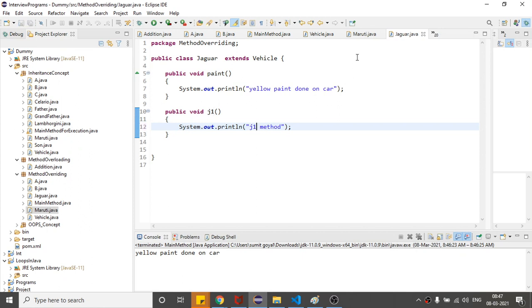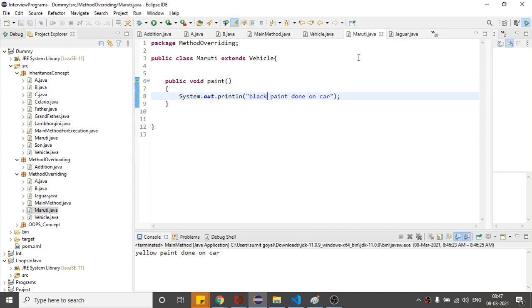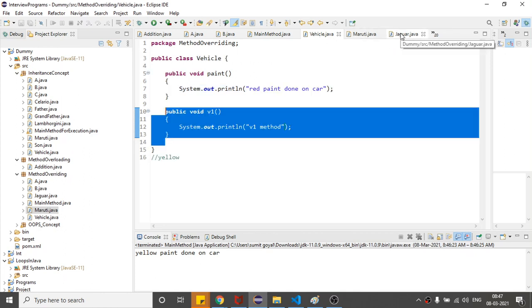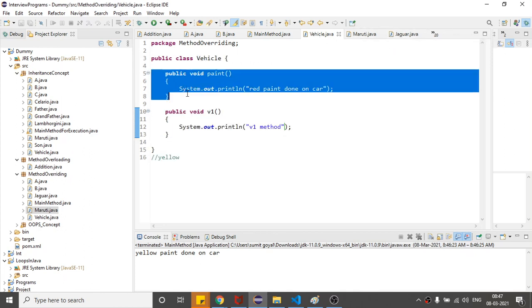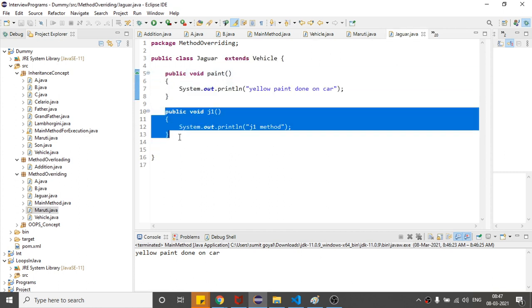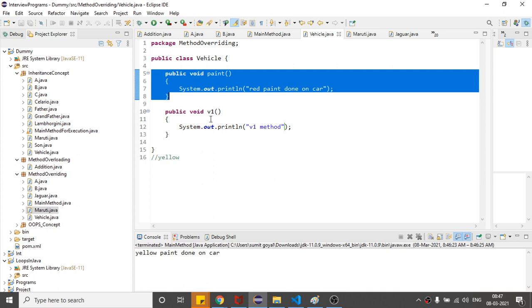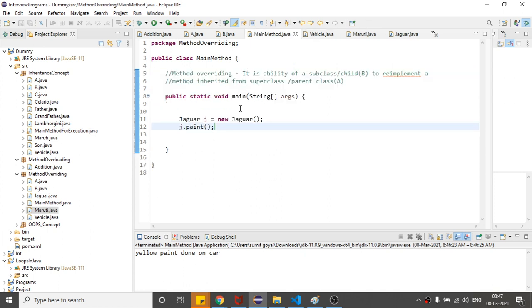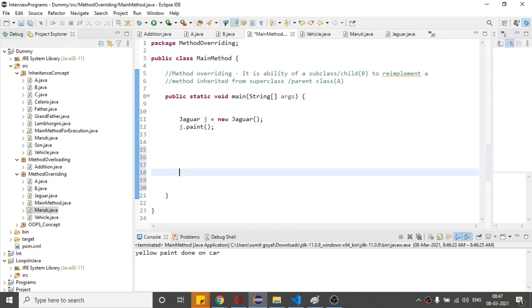Okay, so if I write like this, here you can clearly see in these two classes, this one and this one, we are having the same method, method with the same name. Also we are having the method with a different name. This is different and this is also different. So let us see all the cases, if we write, which method is going to be called.